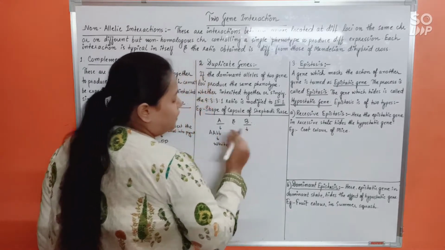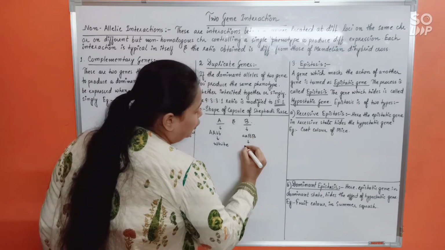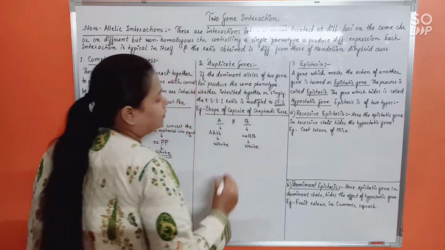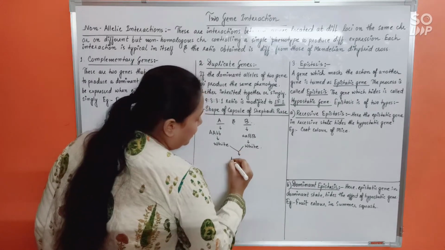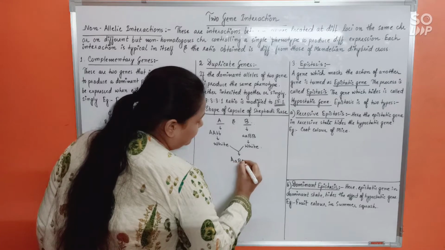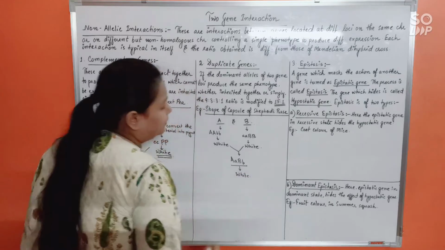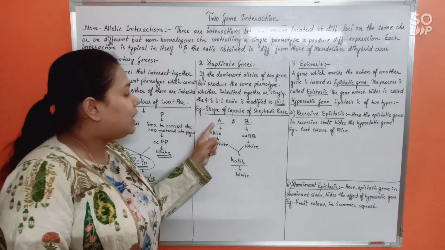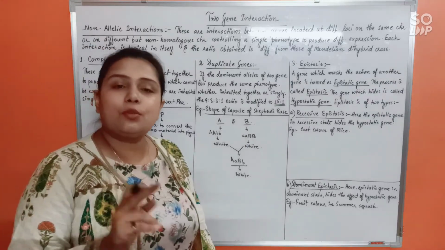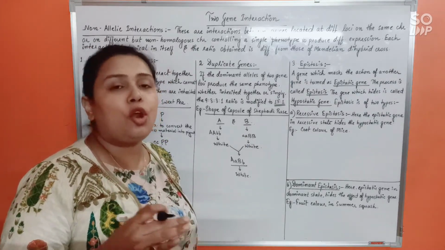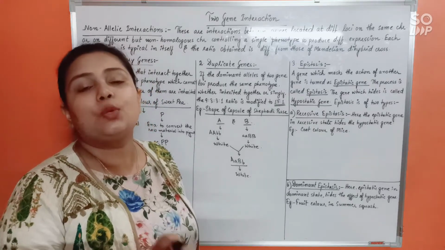Likewise, if gene B is inherited singly, the phenotype produced is white. Likewise, if both the genes are inherited together, now also if the phenotype remains the same, then we will call gene A and gene B duplicate genes. Understood now? That means two genes, whether inherited together or singly, if they produce the same phenotype throughout, we will call them duplicate genes.